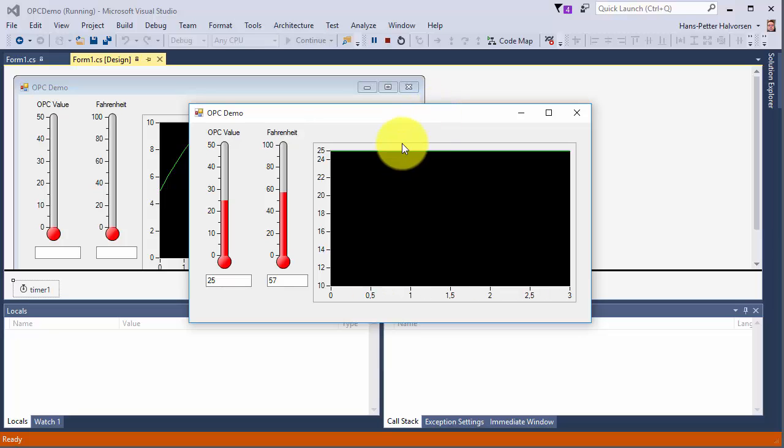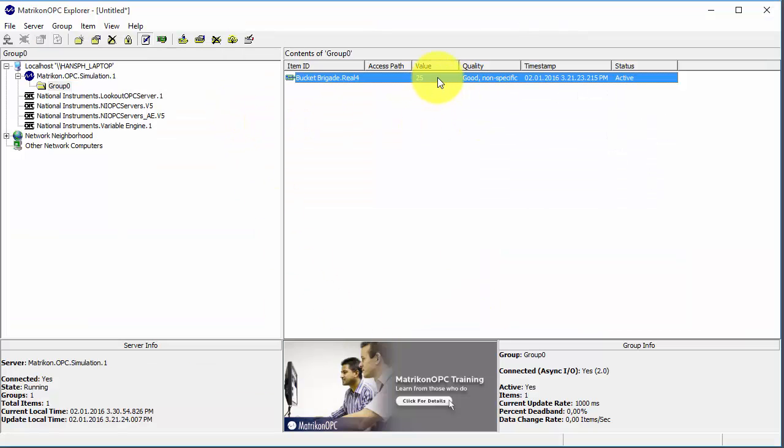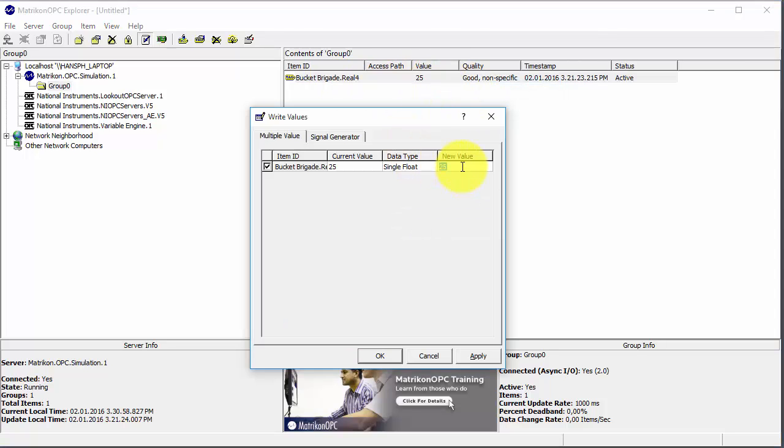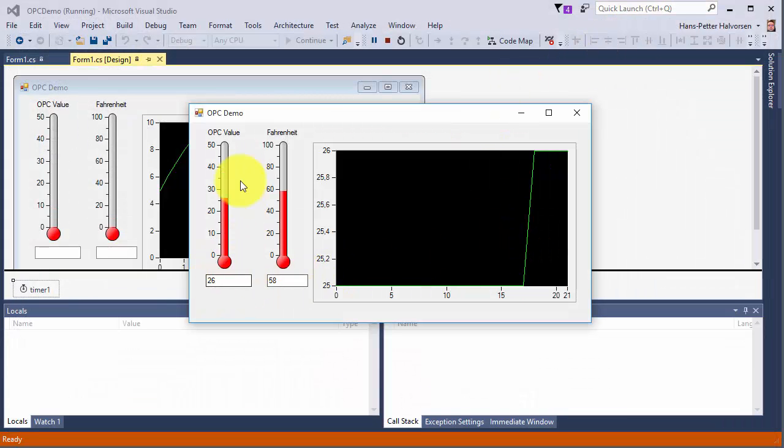You see, so now I can go to my Matricon OPC server and the Matricon OPC Explorer. So just right click on our tag, write value, write 26, like this, and you see I got 26 from the OPC server, and also convert the value to Fahrenheit and